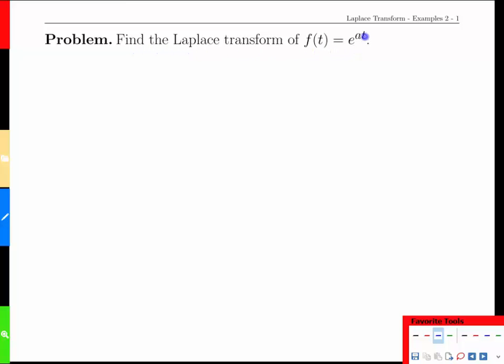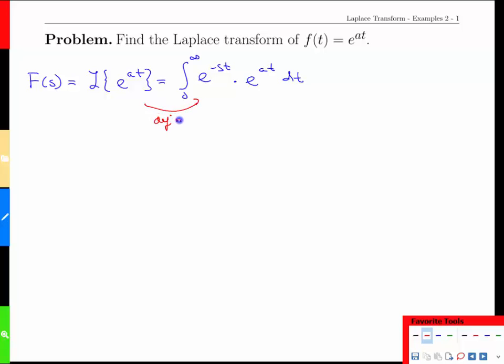To find the Laplace transform of another commonly used function, the exponential, we do exactly the same process we did before. We're going to be looking for a function of s. It's going to be the transformed version of e to the at, and that, by the definition, is the integral from 0 to infinity of e to the minus st times e to the at. So this step here is applying the definition of the Laplace transform, and what we can do now is simplify